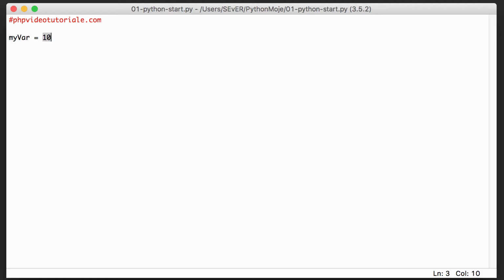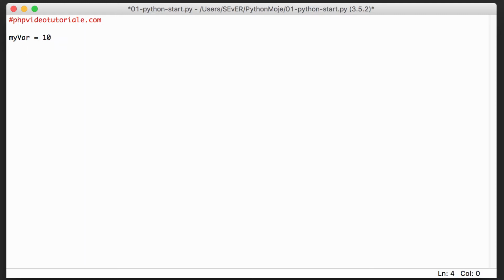I gave it a type. My Python knows the type is integer because I just gave it 10. If I do 10.0, my Python is going to know this is a floating point, a number with a decimal part. If it's 10, my var, Python knows this is an integer number.